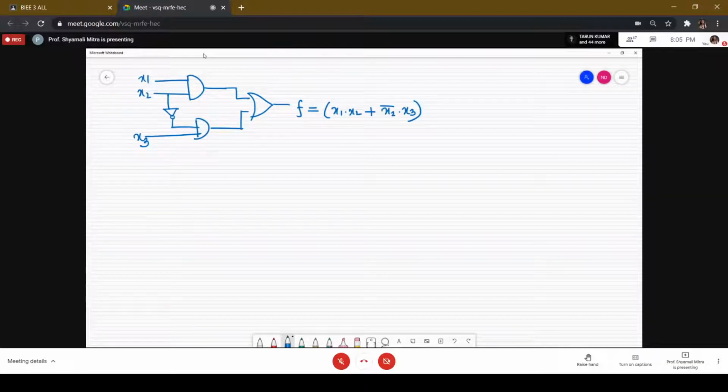We are writing the structural construct for this module. So first we'll give a name to this module. Module is the keyword, and say module function 1. What function we are going to implement, we don't know, but it is implementing some function. Say function 1, f1.